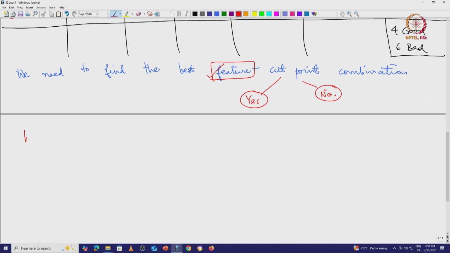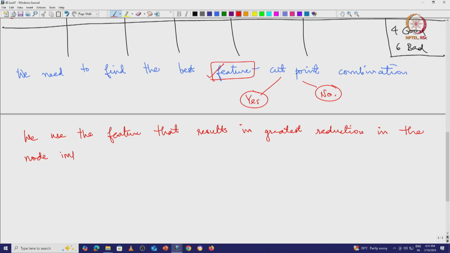So we use the feature that results in the greatest reduction in the node impurity, okay. And if you recall we had discussed 2 measures of node impurity, one was called Gini impurity